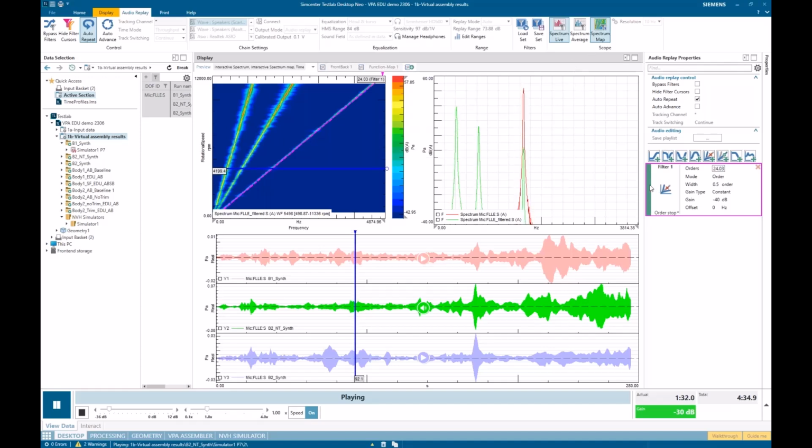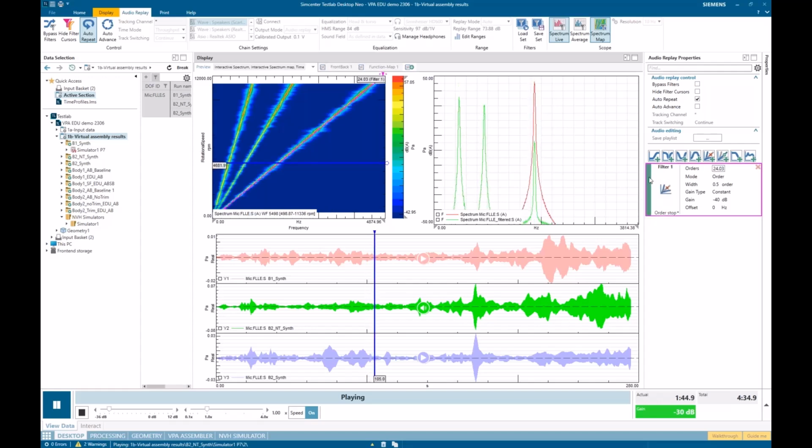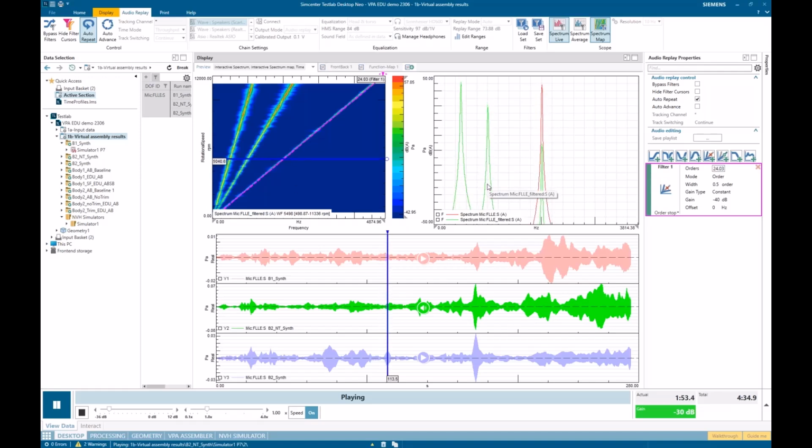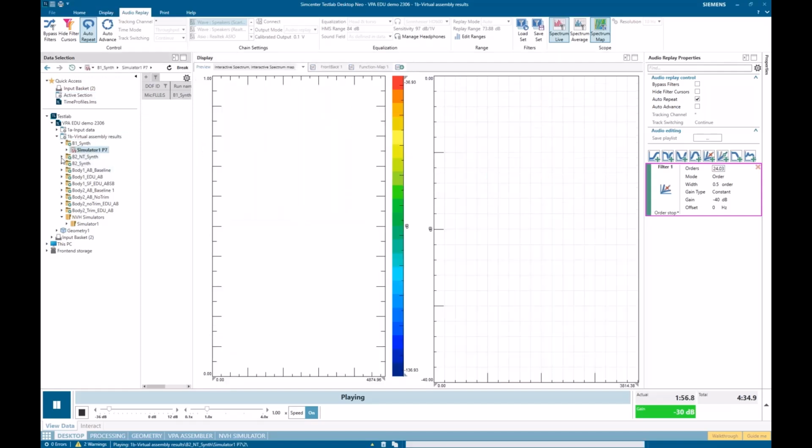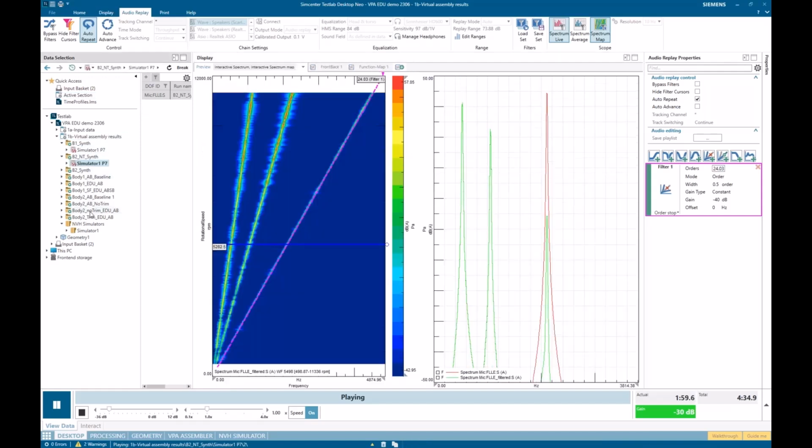As I turn that filter on and off, I can hear that in real time. I can hear a difference as I turn that filter on and off. I can do some very quick assessments on how big a deal is this no trim in our second body. I can calculate sound quality metrics because I've got 3 different LDSFs here that I can process in the traditional way.